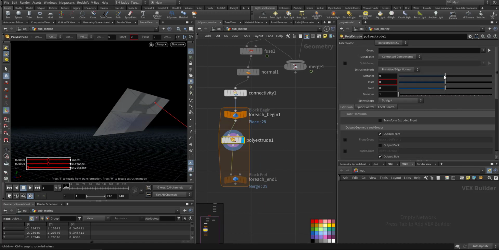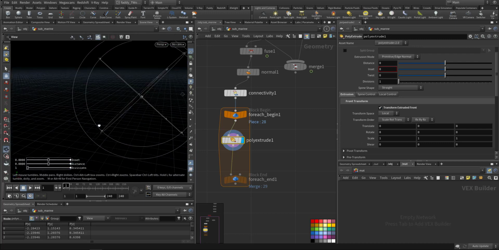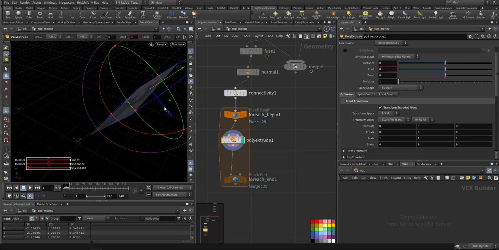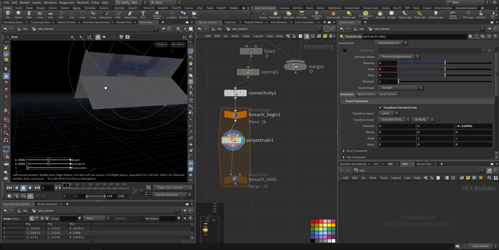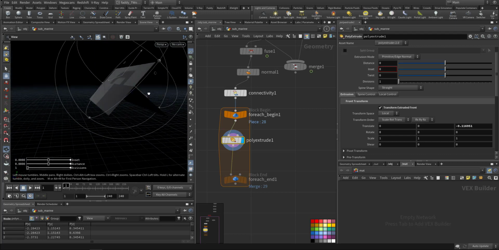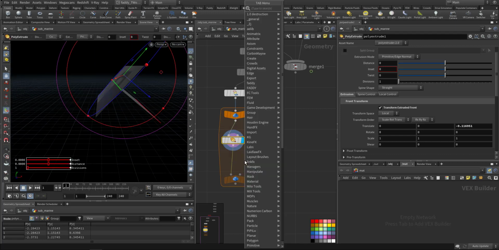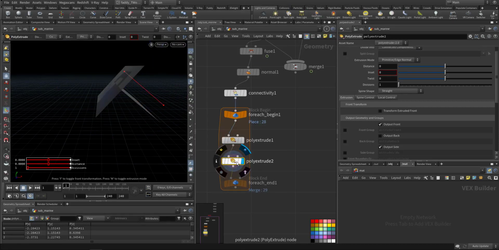And here, mobile control, no spline, transform. Let's have a look here. So this is how it looks. If we put another poly extrude, and then poly extrude again,